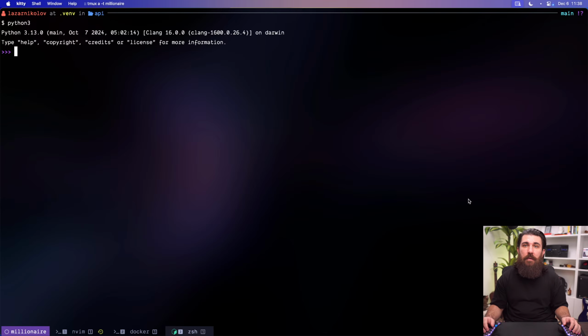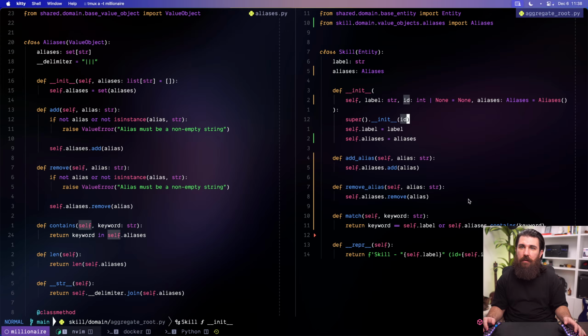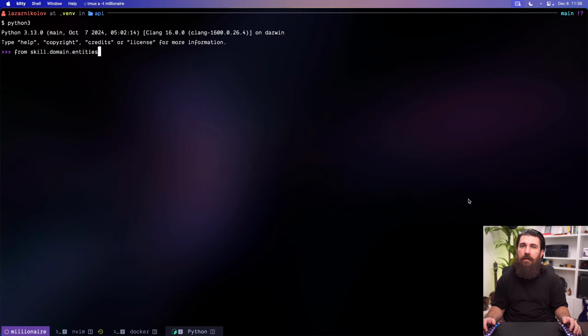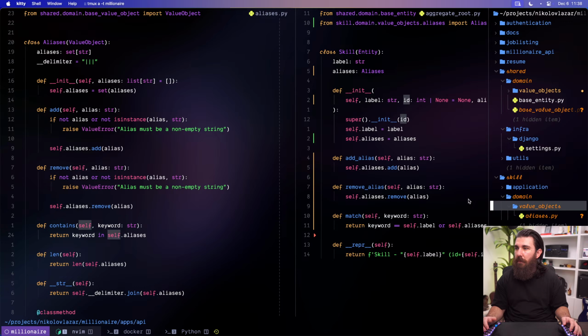So let's see, from skill domain, entities. Actually, there's no entity. We're looking at the aggregate roots here. Aggregate root, you're going to import the skill class, and also from skill domain value objects dot aliases,